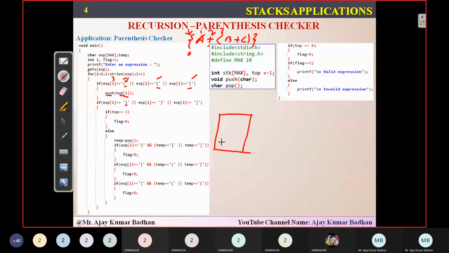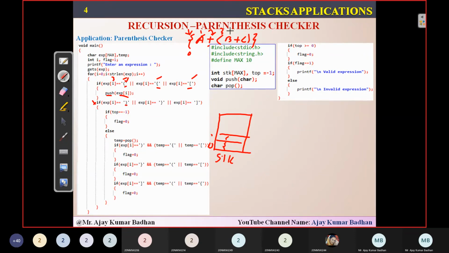So first expression, what did I do in the stack? This is the stack I have used. Here first I have placed 0 in the 0th location. Now I'm pushing the normal bracket here because I got this one. Then this particular if will not be executed because we have not encountered any closed brackets. The else part will not execute. It will come back. Now i value is equal to 4.